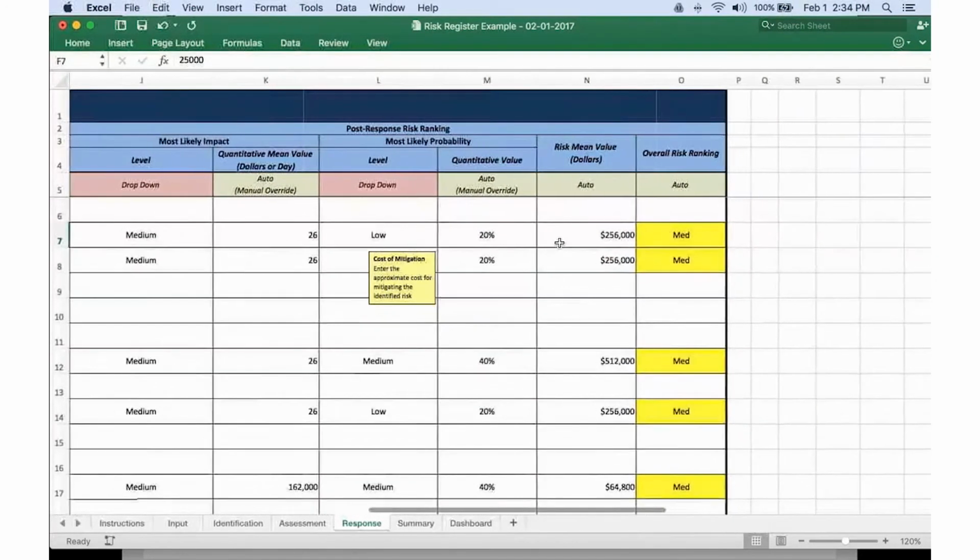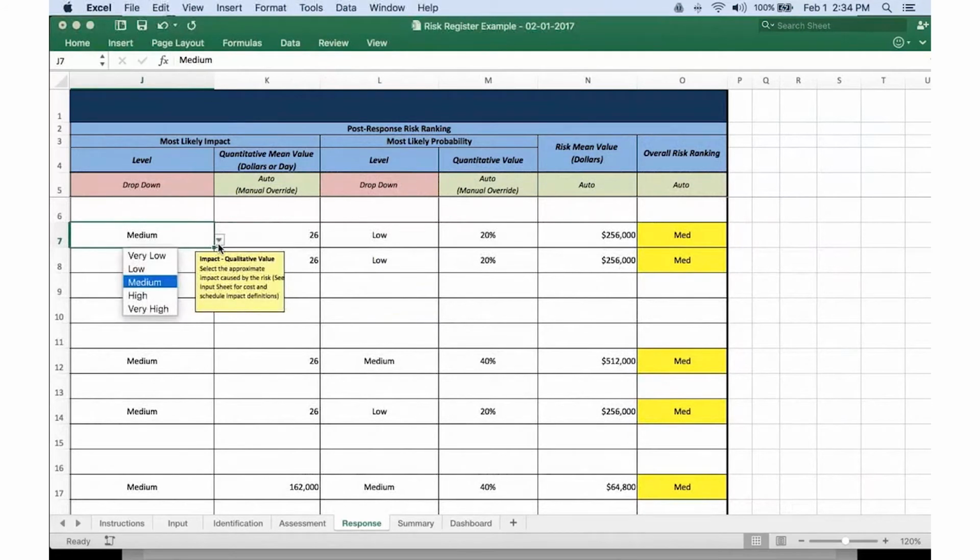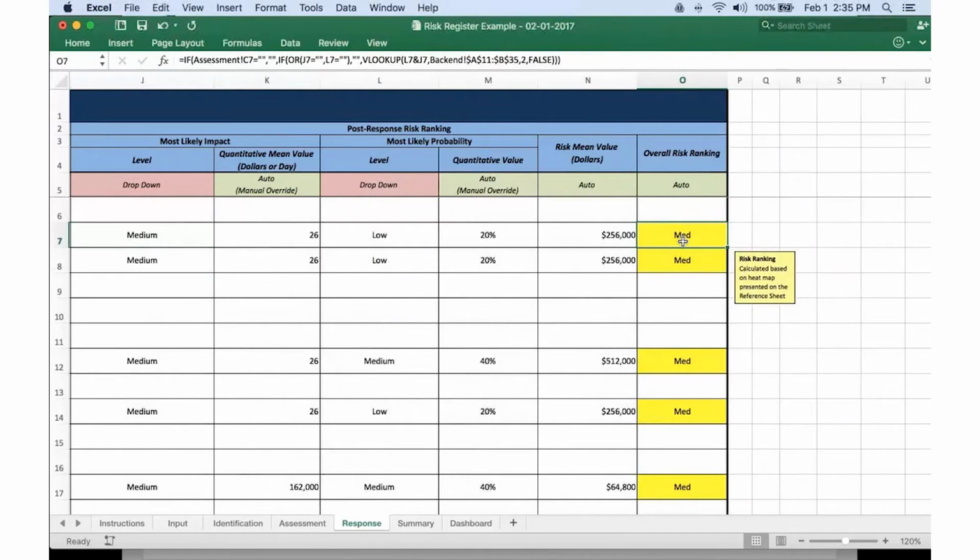The final step after we've responded to risks is that we should have a situation where the response we implement lowers the likely impact as well and potentially the probability. We'll input what the impact and probability is after we've responded, and we'll have our post-response value, and hopefully we've taken risks from potentially a high to a medium or a medium to a low